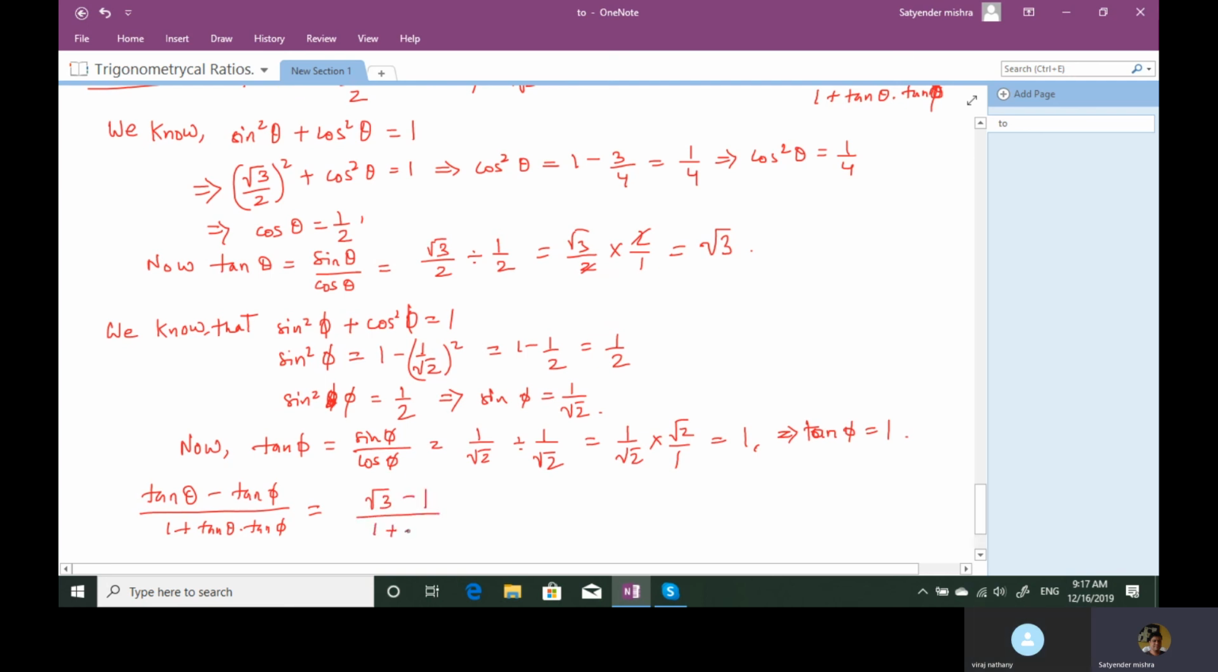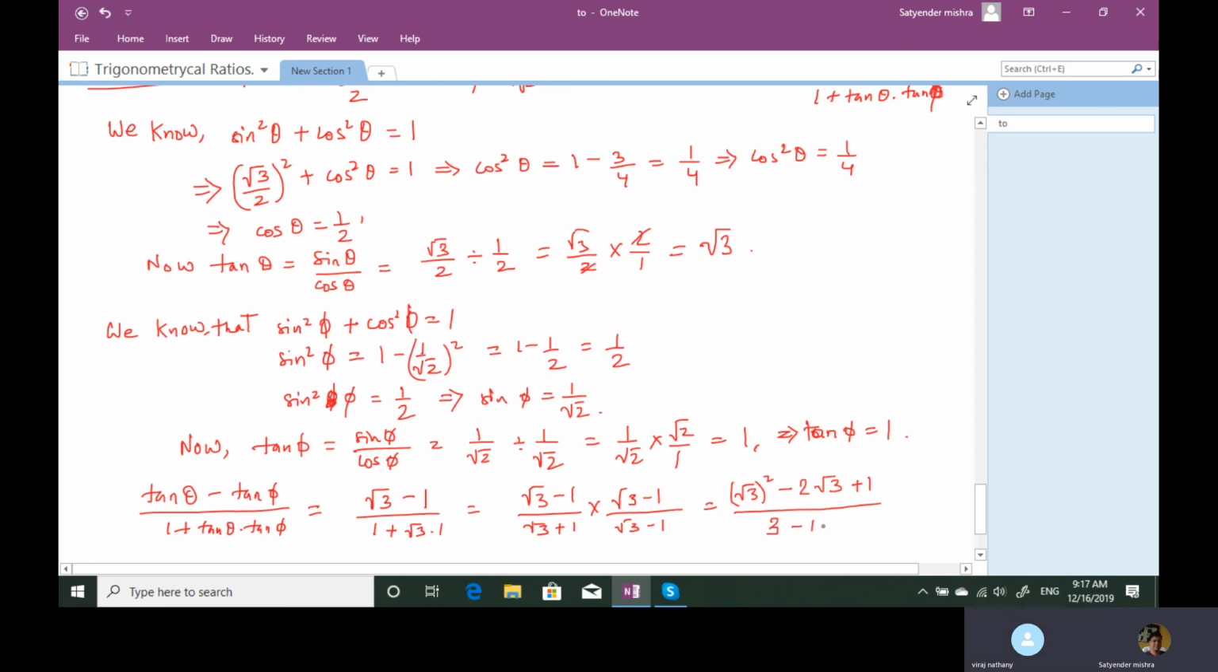So 1 plus root 3 into 1. So we got here root 3 minus 1 divided by root 3 plus 1. So now we do rationalizing, right? So we write here root 3 minus 1 divided by root 3 minus 1. So here we get (root 3 minus 1) whole square, which is (root 3) whole square minus 2 root 3 plus 1 divided by